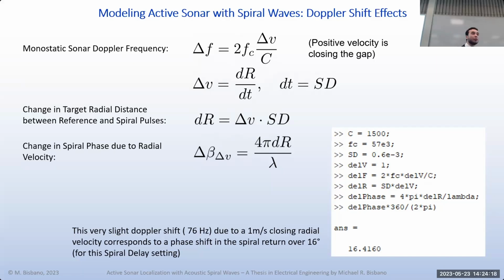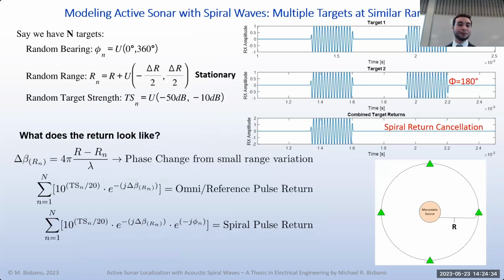So there's a lot of variables here. And really, I found the best way to fine tune this so far has been to just experiment and rerun the simulation with different parameters and hone in on what's working best for any given situation. So another interesting case that can occur with spiral wave active sonar is if we have multiple targets that are